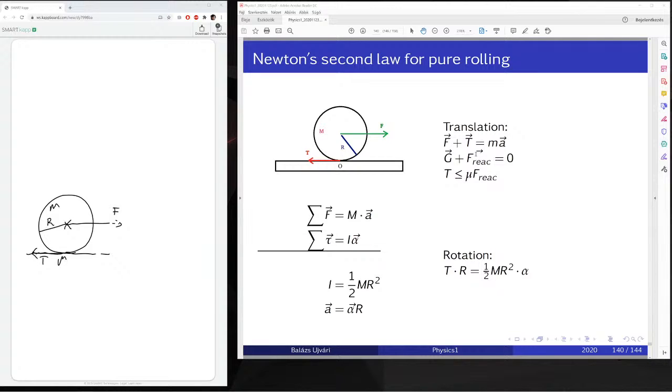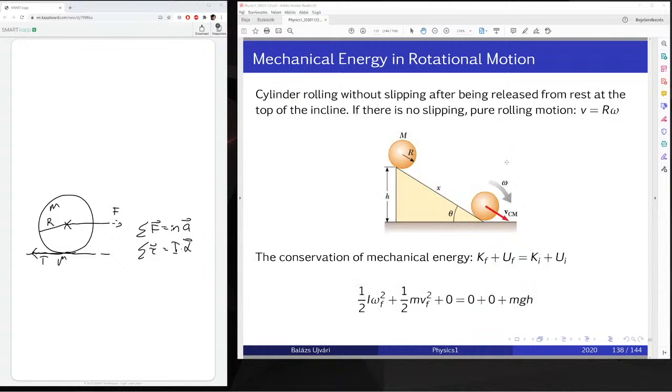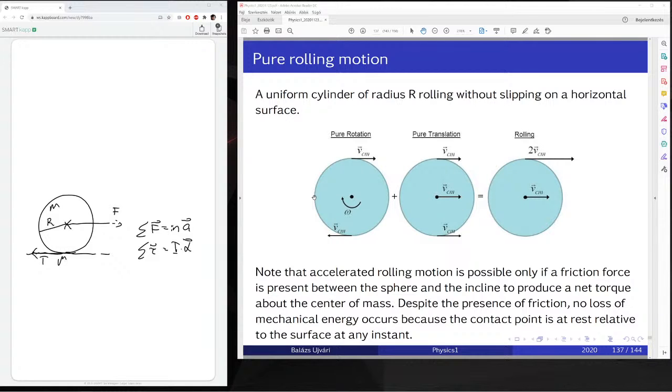The one for translation is sum of the F is m times a, sum of the torque is capital I times alpha. Pure rolling means this is a pure rotation. You can imagine this pure rotation like fixing this wheel and just rotate. Pure translation is just moving this wheel. The pure rolling means